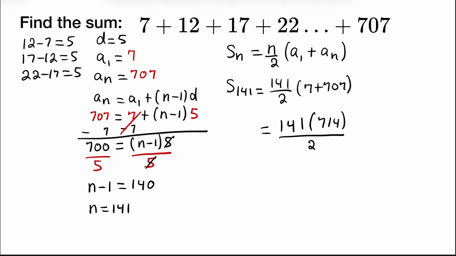And we know that 141 times 714 is equal to, let's see here, 100,674 divided by 2, and that equals 50,337. And that's the sum of the series,